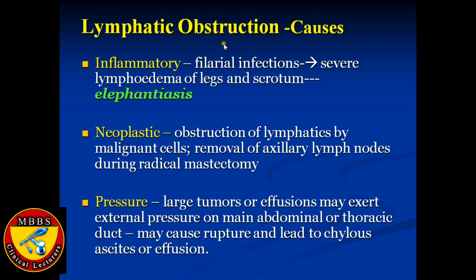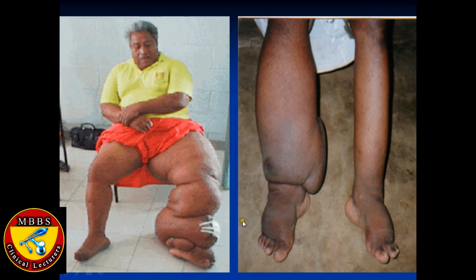This accumulation leads to swelling or edema, especially in the lower limbs, which increase hugely in size, so much so that the condition resembles elephantiasis. The legs become very, very heavy, enlarged and swollen, resembling elephant legs, and therefore the condition may be called